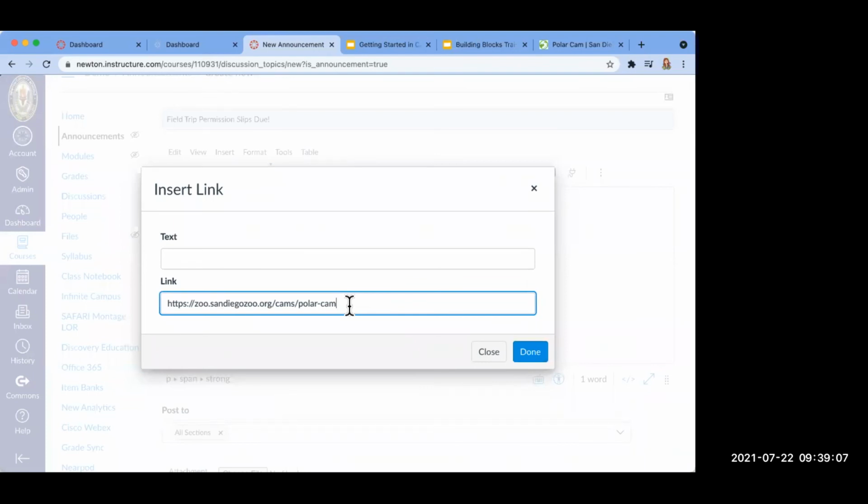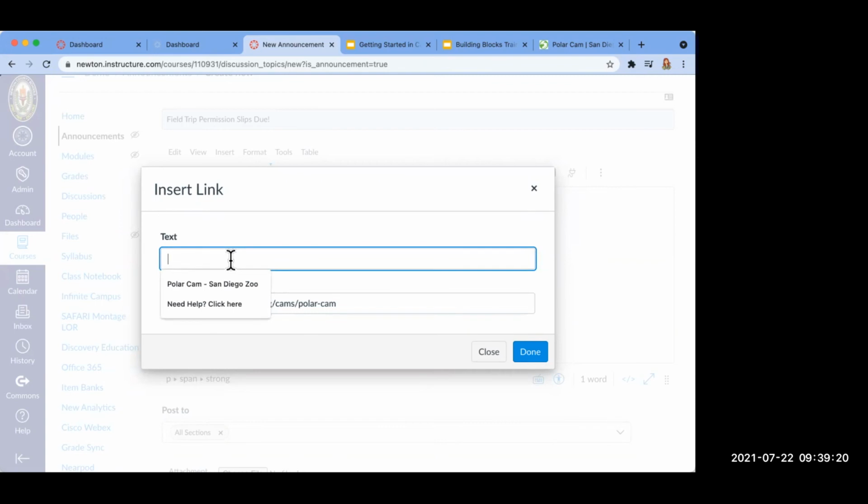Now, it is never best practice to leave an exposed link in your course. So we want to put some more user-friendly text on our screen, and that's what the text box is for. You can see that I've used that before. So I'm going to put just "Polar Cam at the San Diego Zoo"